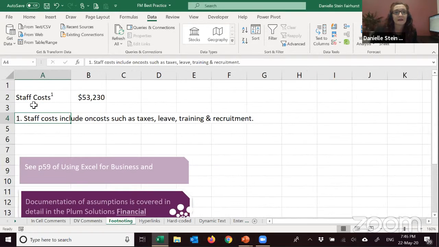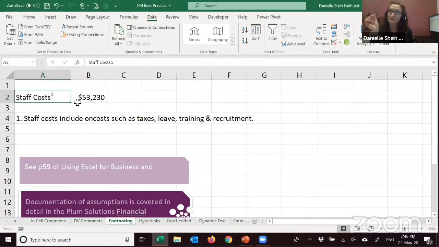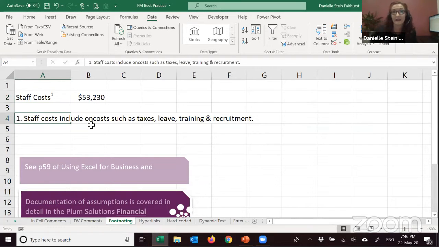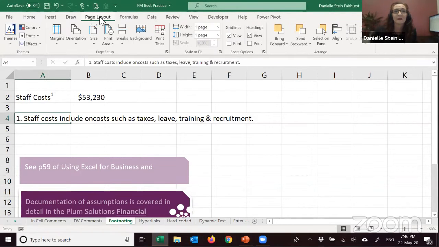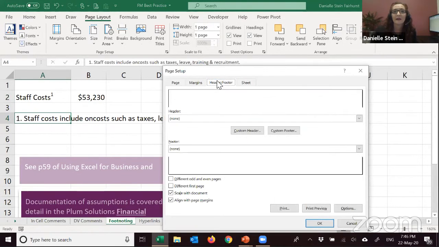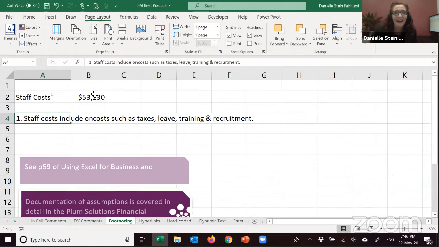I'll just zoom in just a little bit. And so that's just been using some formatting of superscript, and it's a very, very simple solution. The way that you can actually do it here, if you go into print layout, you can go into the footer and the header. I don't recommend doing that in financial models because nobody's going to see it unless you print it out. And most of the time you're actually looking at a soft copy of Excel. So yeah, I think footnoting is not a bad idea.